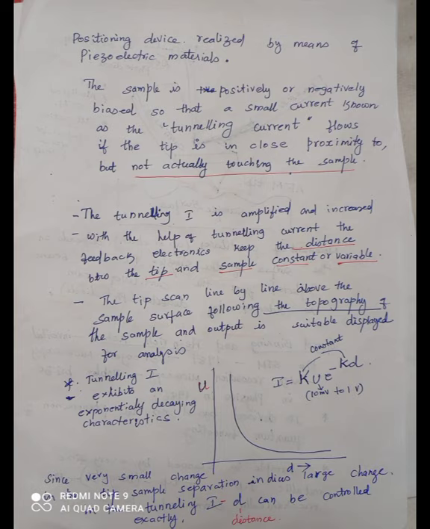The tunneling current is only carried by the outermost atom of the tip, which enables the scanning of the sample surface with a single atom. Scanning tunneling microscopy has two important modes: one is constant current mode and the other is constant height mode. In constant current mode, the tunneling current is made constant throughout the scanning period, and the vertical position of the tip has to be changed to maintain a constant separation between the tip and the sample. On the other hand, in constant height mode, the vertical position of the tip is maintained constant throughout the scan, allowing the tunneling current to change with the change in the separation between the tip and the sample.